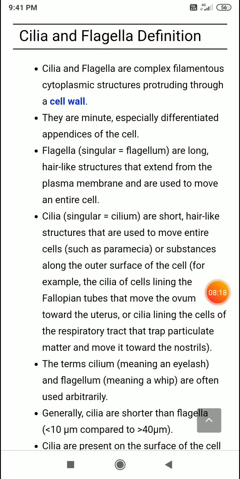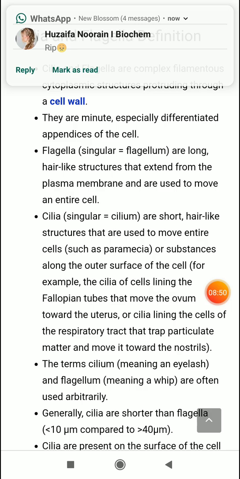Next we are going to see what are cilia and flagella. Cilia and flagella are complex filamentous cytoplasmic structures, specialized appendages of the cell. Flagellum is a long hair-like structure